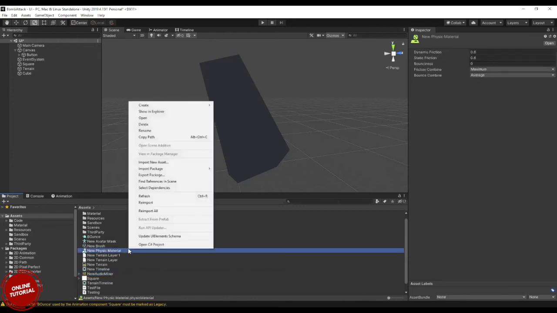Next, this is refresh. It refreshes all your windows and positions them in their respective places, or the way you want. Re-import is re-importing that particular asset. For example, while importing, if it failed or broke in the middle, you can re-import it. Re-import all re-imports all your assets. Open C# project will open and sync the C# project, or re-update the solution explorer. It deletes the current solution explorer and creates a new one for you.